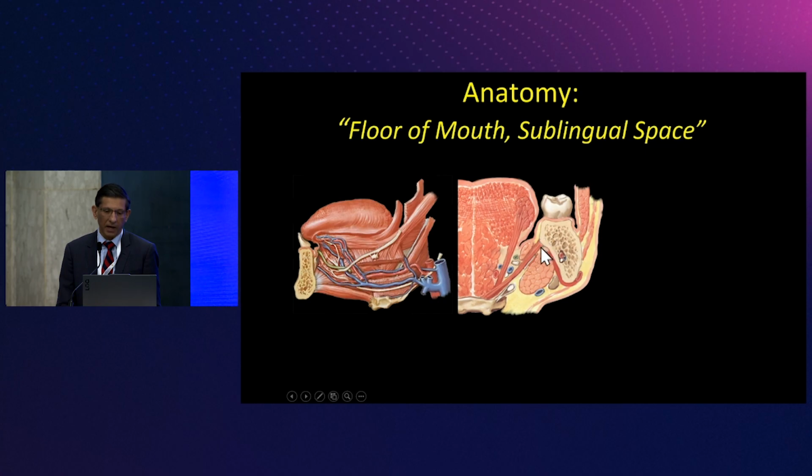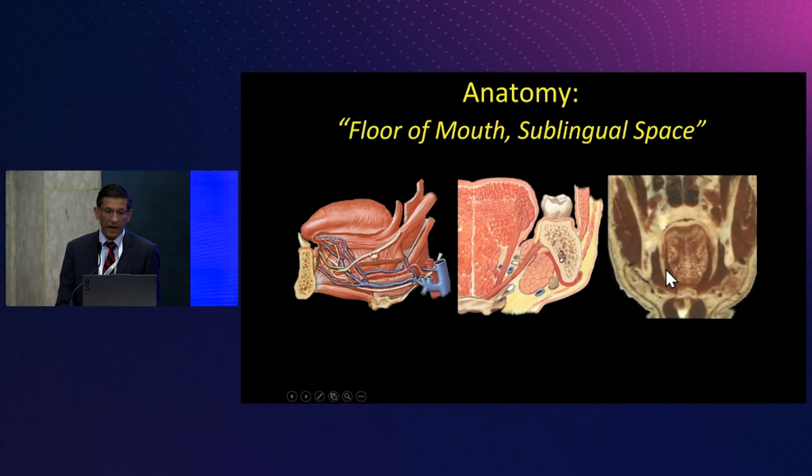This is the mylohyoid line. This muscle right here is the mylohyoid muscle. And this is the hyoid bone. So the reason it's a mylohyoid muscle is because it goes from the mylohyoid line to the hyoid bone. So when we talk about the anatomy, he talked about the lingual nerve, the hypoglossal nerve, and then the lingual